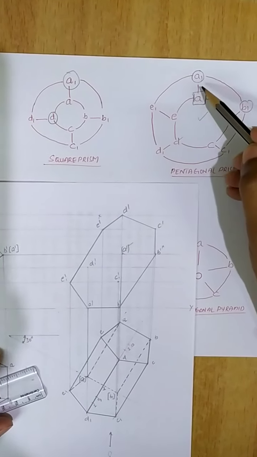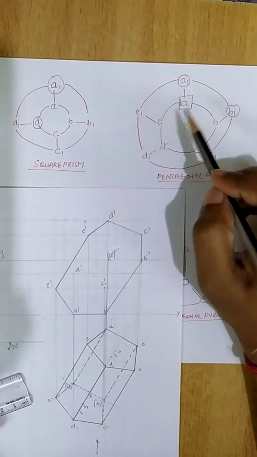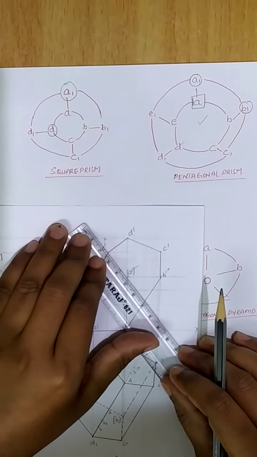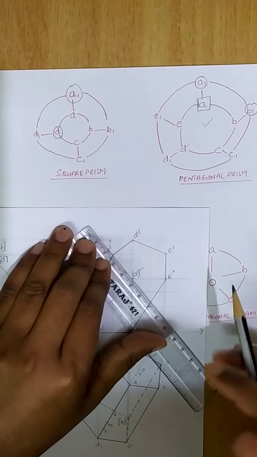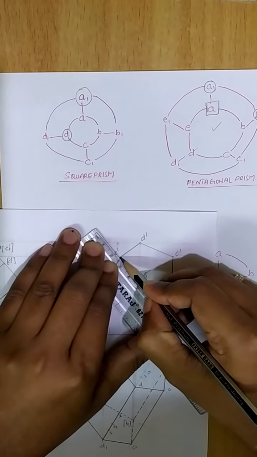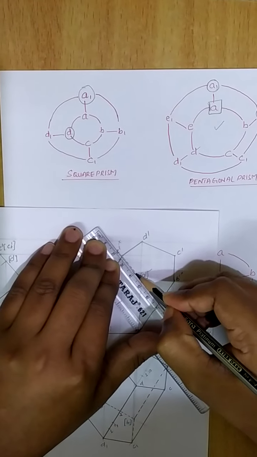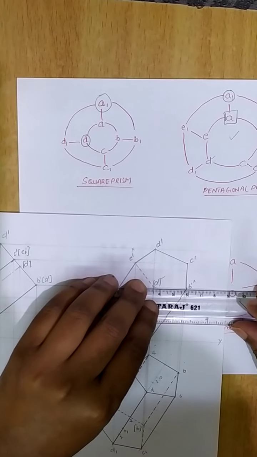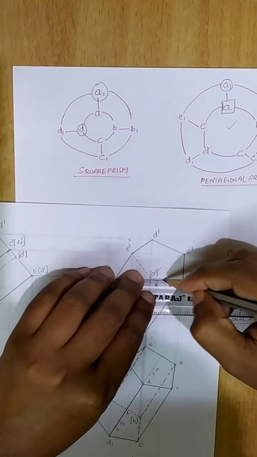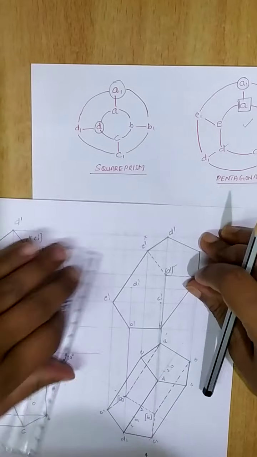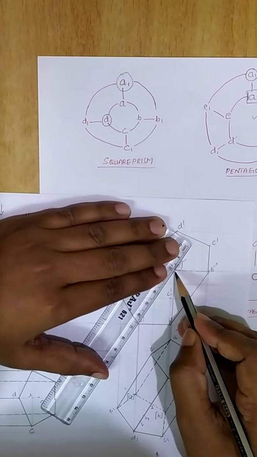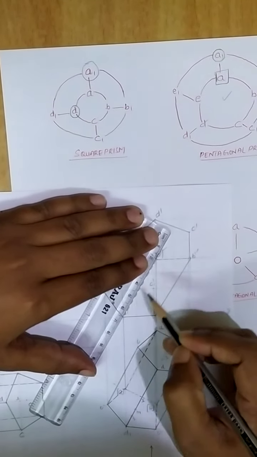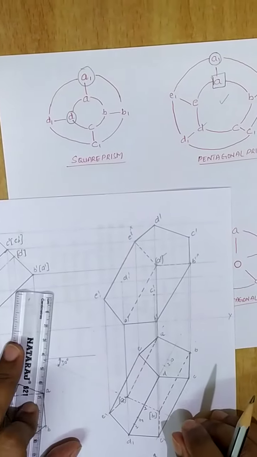With respect to this point A, I will have the A1 line, AB line and AE line. All those 3 lines I need to draw as dotted lines because it is my hidden corner. Always the hidden line starts from the hidden corner. So you draw all those 3 lines as thick dotted lines: A dash to B dash, next A dash to A1 dash, and A dash to E dash. These have to be dotted. In this way we have drawn the hidden corners.